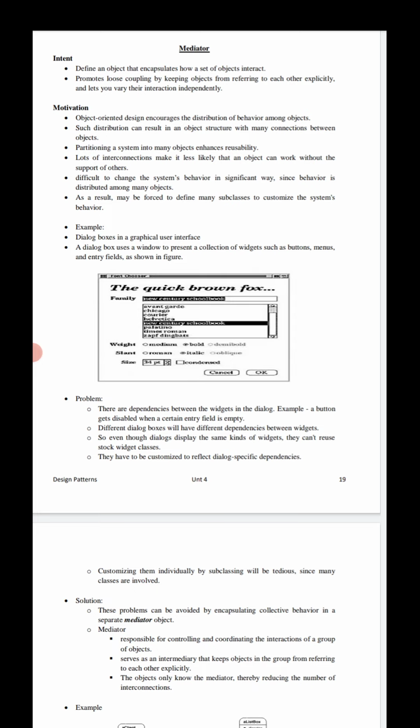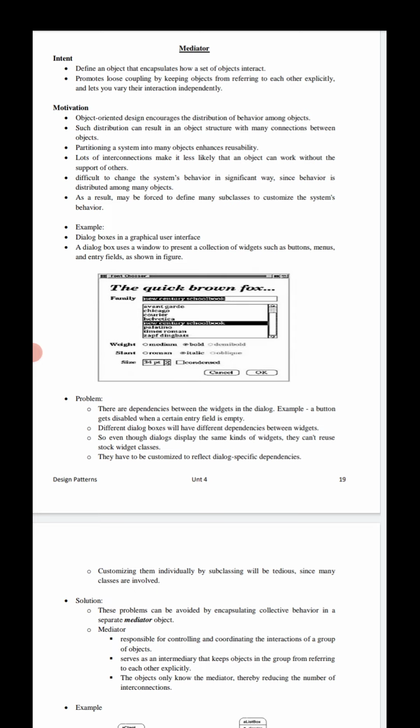Likewise, the main principle here is that we need to reduce the communication complexity between multiple objects, between more than one object or class.